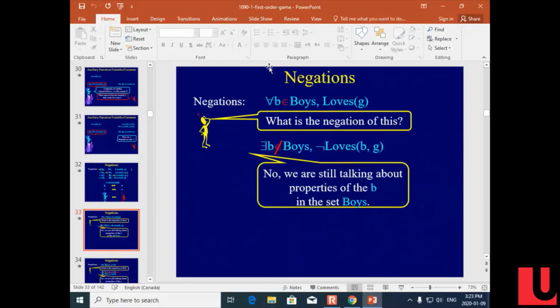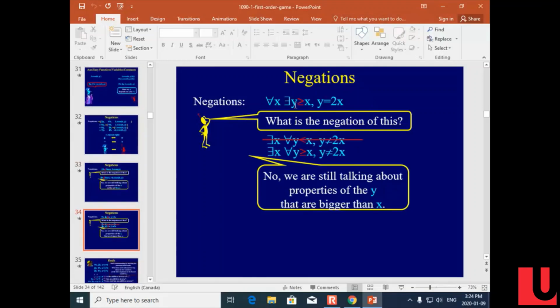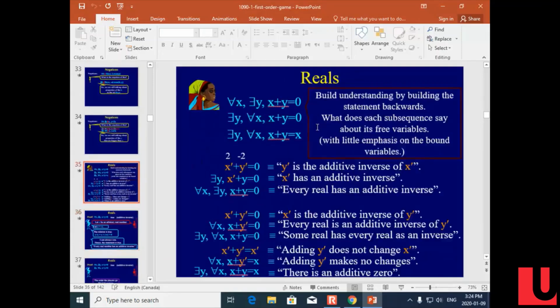Right, so here we're not going from for all boys to there exists a girl. We didn't do that. B's a boy. So here, we don't go from there exists a y that's bigger than x. We're talking about things bigger than x. Y is smaller than x, we just don't care about. All right. So